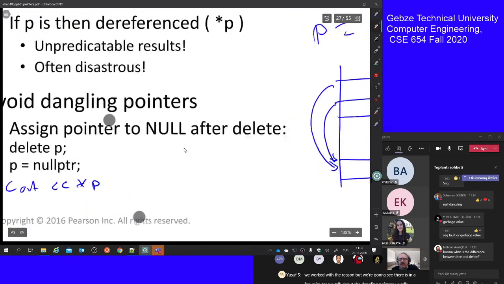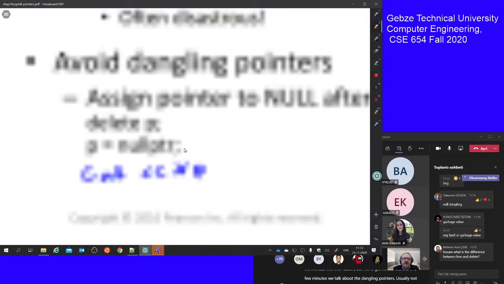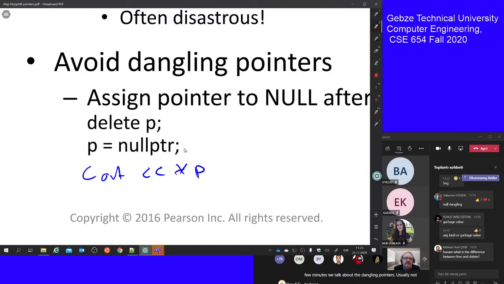Usually, to not have a dangling pointer, we do this. After deleting a pointer, we assign a null pointer to it. Okay? In this case, when you do this,